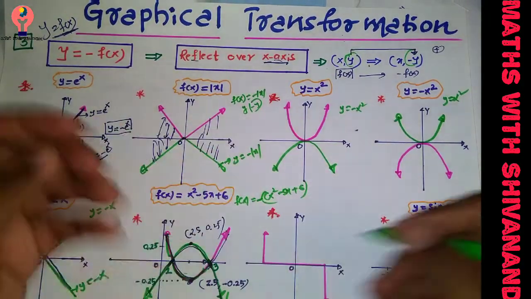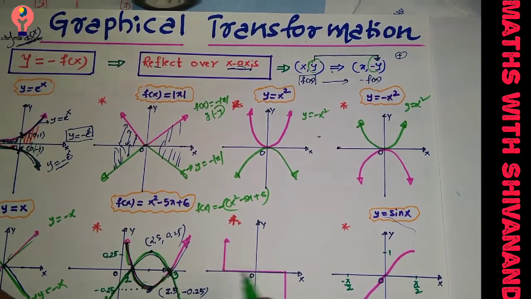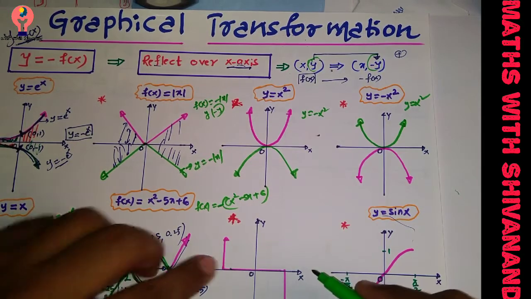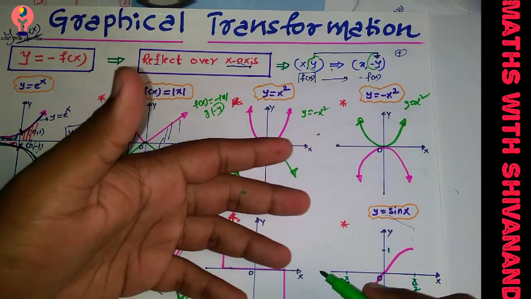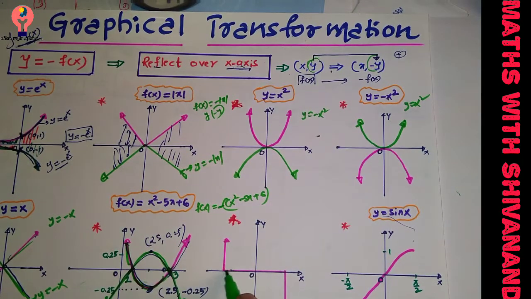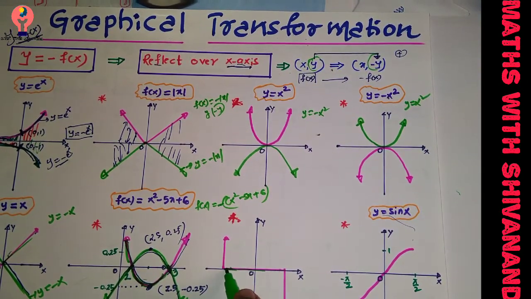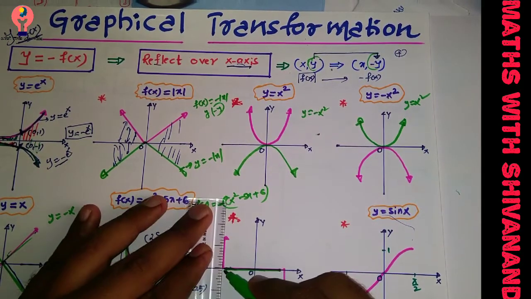Listen, and I need to reflect this over what? The x-axis. First let me take it: you will be having 3 parts here. One this part, another this line, and this one here. The part which is above the x-axis has to come below. The part which is below the x-axis has to come above. Well, what about this line? This is already on the x-axis itself. It will not change. Definitely.